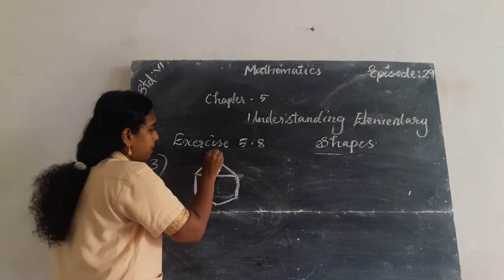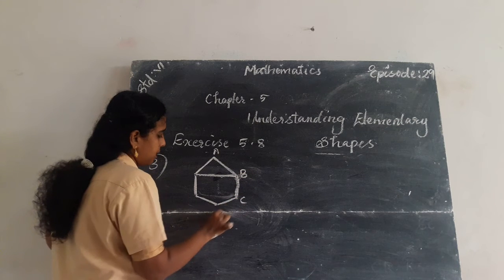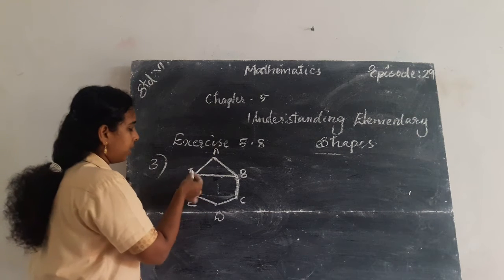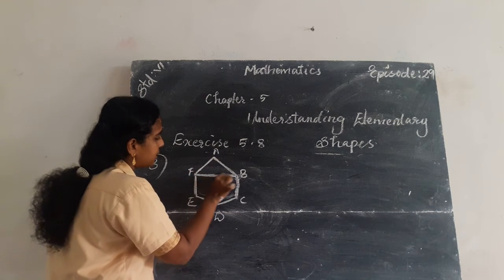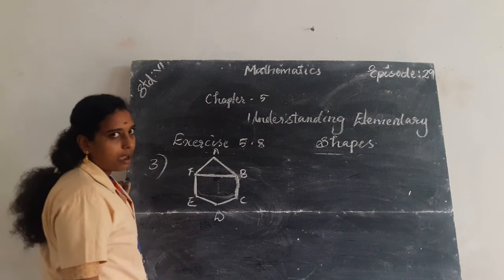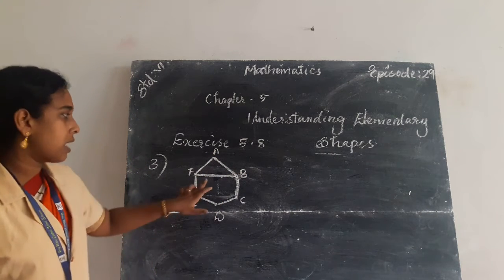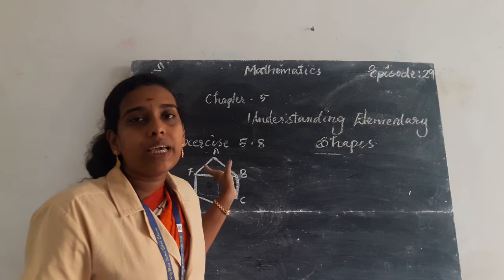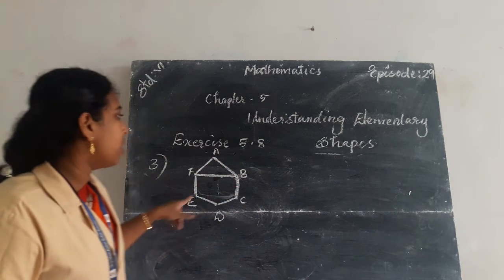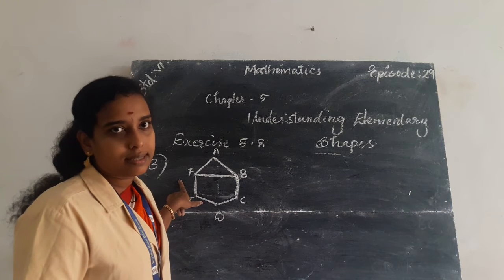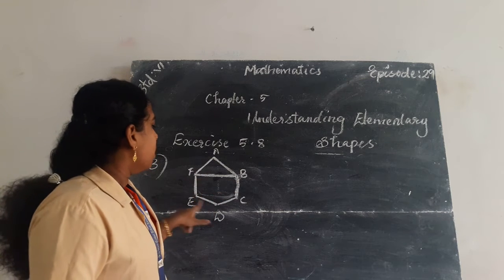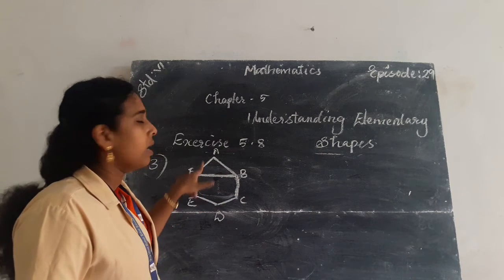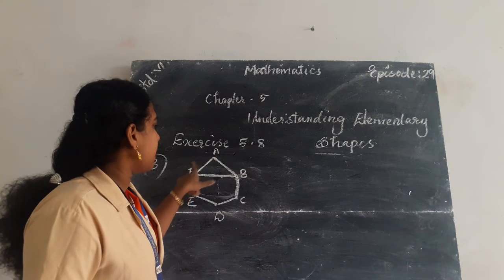If we name the hexagon A, B, C, D, E, F, then if we connect the vertices F and B, we get the triangle A, B, F. So first we draw the rough sketch of a hexagon. The polygon with 6 sides is called a hexagon and the polygon with 5 sides is called a pentagon. Here we draw a polygon with 6 sides, that is a hexagon, and then connect 2 vertices of the hexagon. Then we get the triangle AFB.